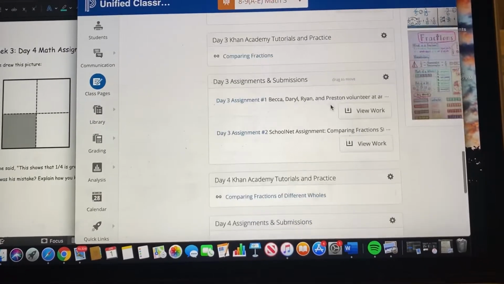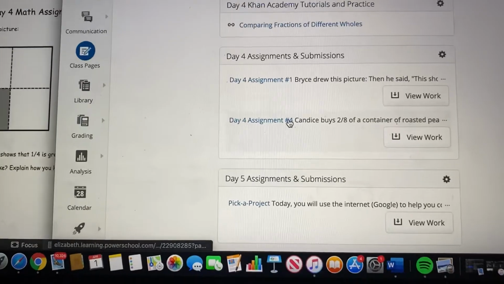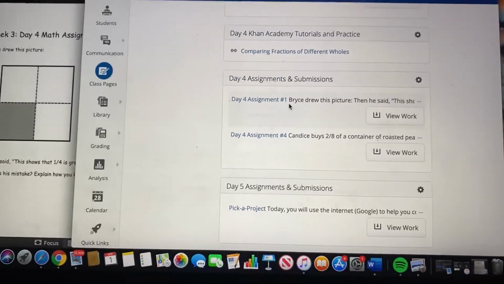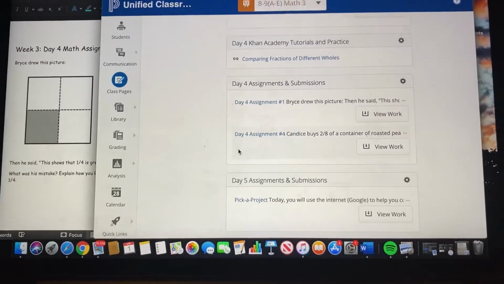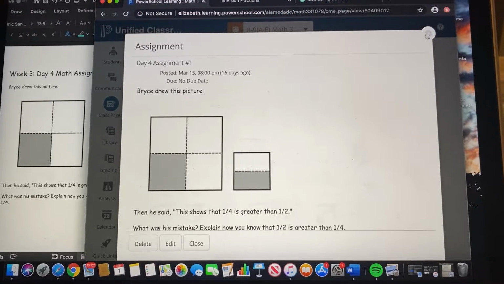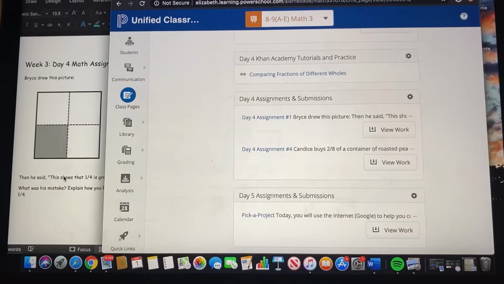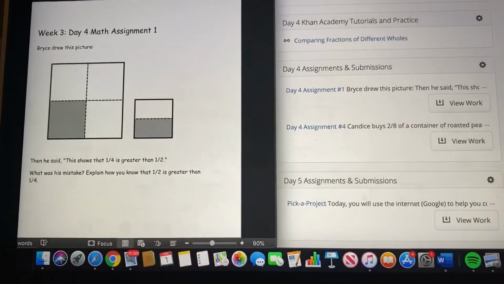So you guys should already be on math. And we're gonna do assignment 1, and it says assignment 4. I think that's a glitch. Just know that it's assignment 1 and assignment 2, but it says assignment 4, but it's assignment 2. Remember, I always post this on a separate document for Mrs. Almeida to send to your parents through email. So I have it here on the side for me because